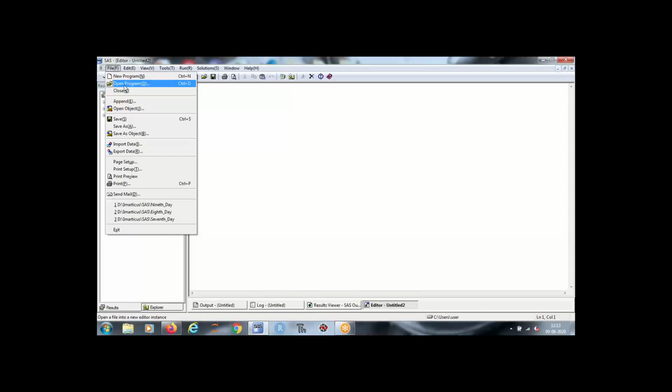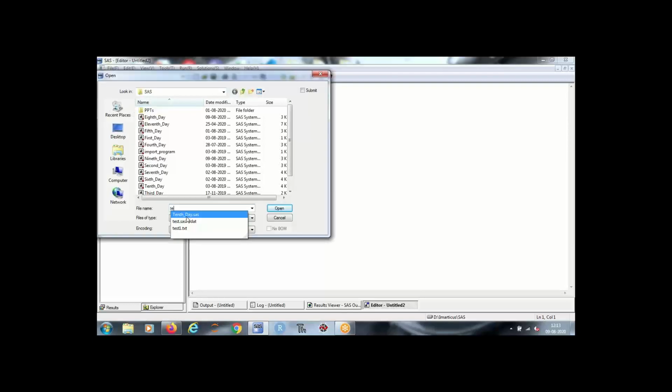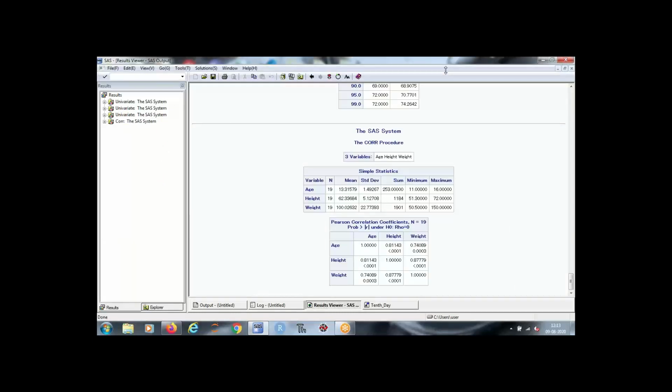So next is your proc corr, right? The proc corr will return your simple statistics and your Pearson correlation coefficient.